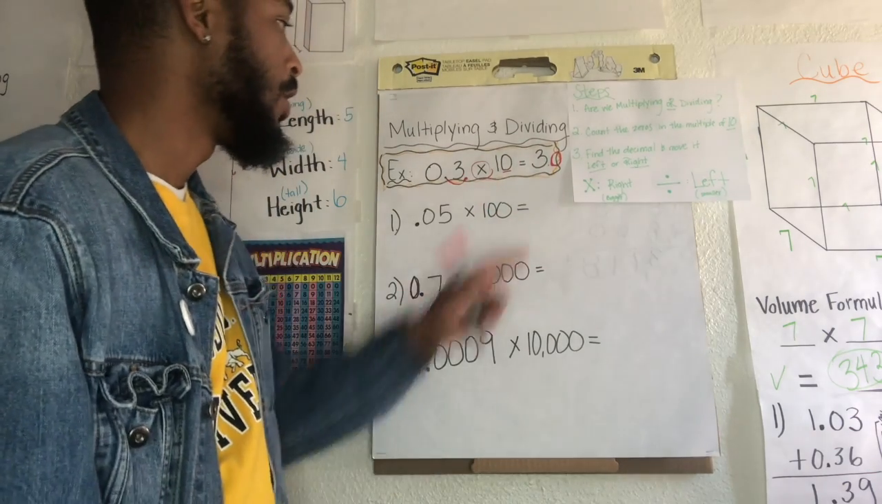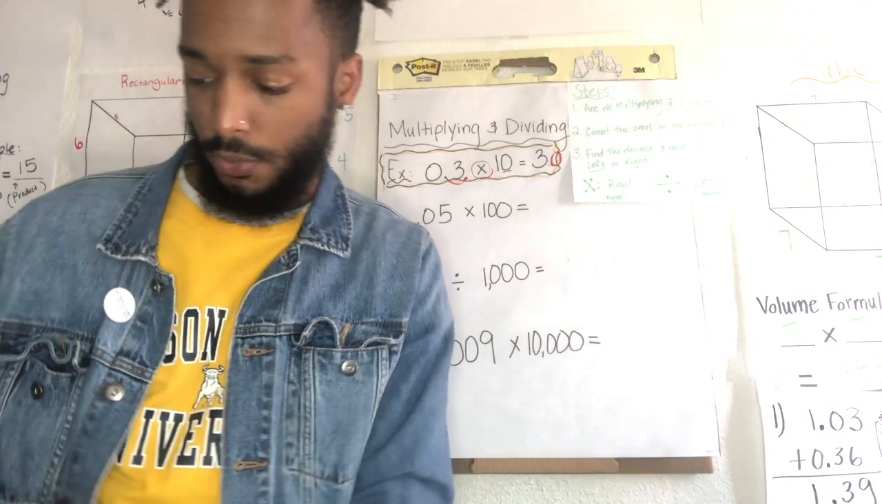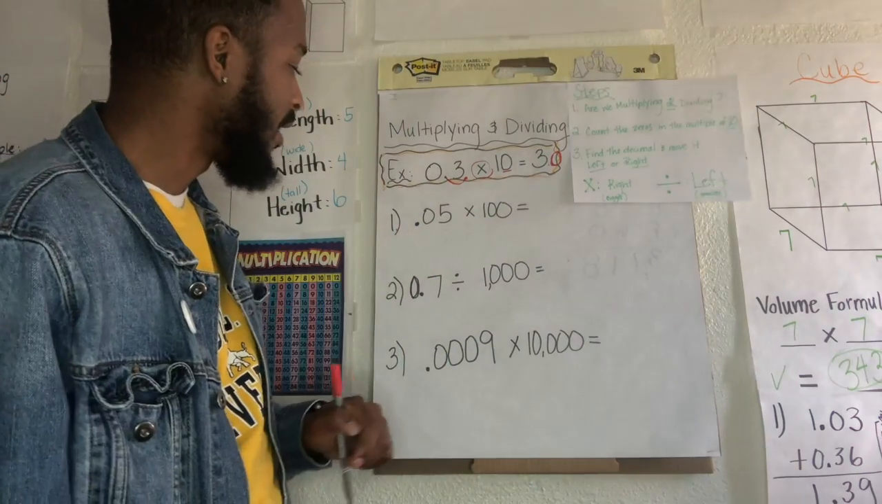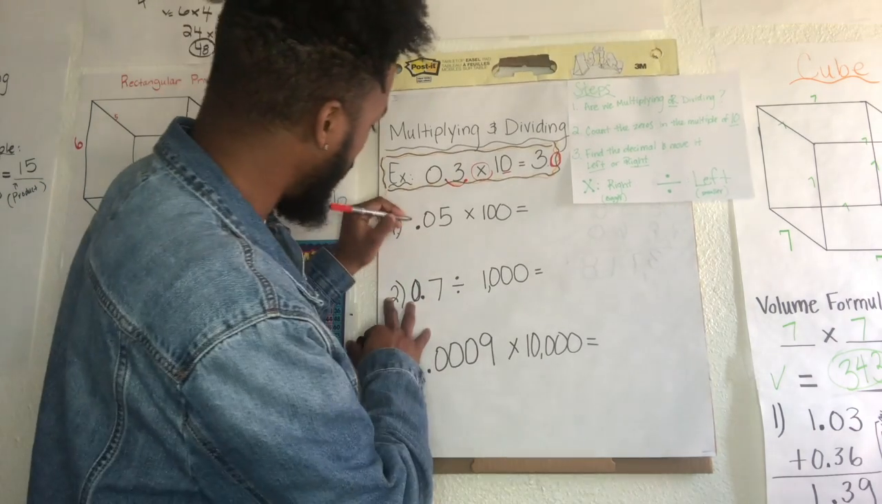3.0 is my answer. 3.0 is the same thing as 3, guys. 3.0 is the same as 3. Let's check out number 1. We have 0, this is an imaginary 0,